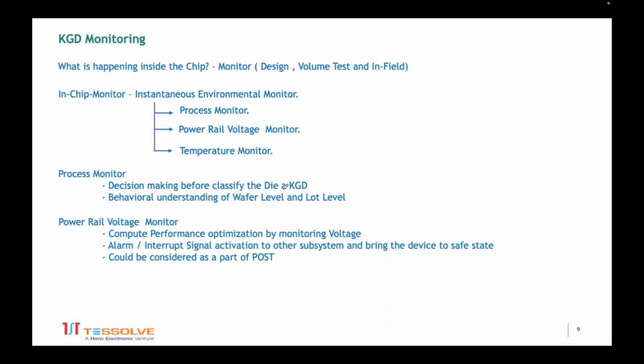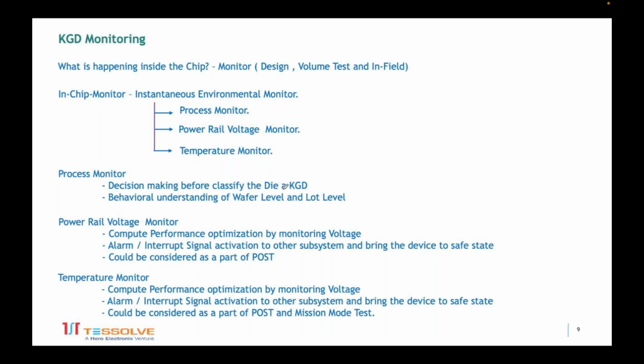And it could also be considered as a part of power on self test. Whenever you turn on, if internal monitoring is there, it could help us to give the health of the system in the beginning itself. Similarly, that is applicable to temperature monitoring. There is a workload running, but the device temperature has not increased. You could push even further, of course, monitoring the voltage rail also. In that way, the performance can be monitored, and this could also save power,